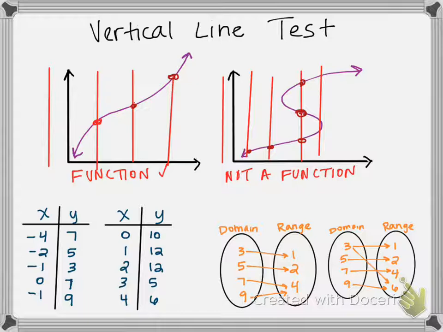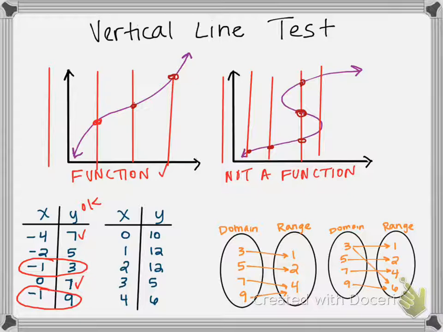Now let's go to the bottom left though. We have a table. Now, on this table, you have to look very specifically. We mentioned that each x value can only go to exactly one y value. So it's okay for y's to repeat. For example, I see a 7 here and a 7 down here. That's okay. What's not okay is that I have a negative 1 going to 3, and another negative